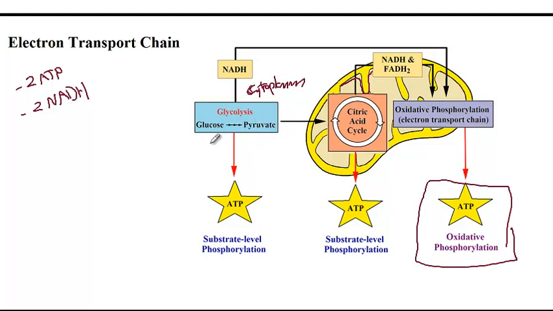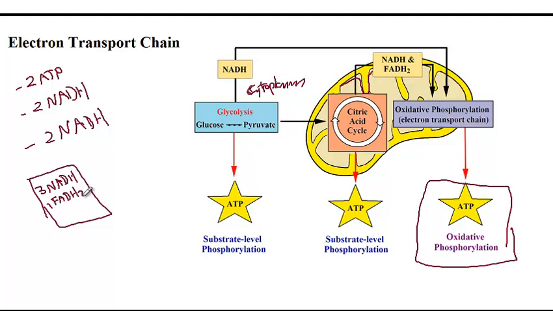And then glycolysis yielded 2 pyruvate molecules. Conversion of pyruvate into acetyl coenzyme A also gave us 2 NADH. And then the citric acid cycle itself gave us 3 NADH, 1 FADH2, and then 1 ATP. But since we had 2 molecules of acetyl coenzyme A, everything will be multiplied by 2. So overall, all these reactions of glycolysis and citric acid cycle gave us 4 ATP,